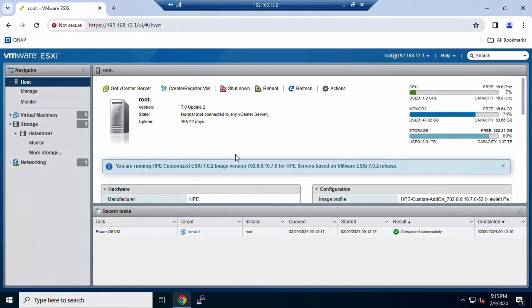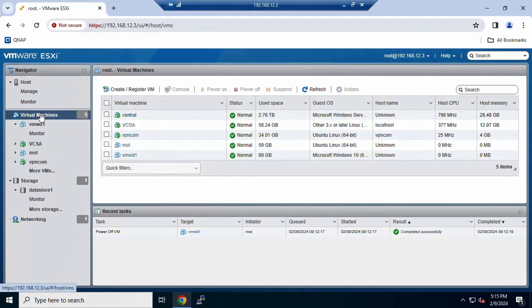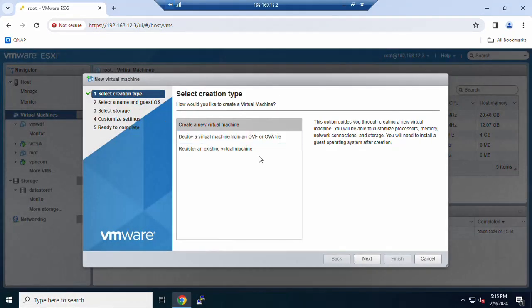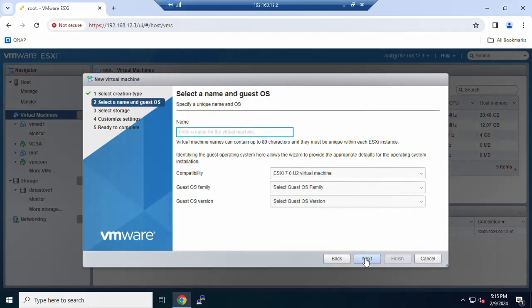So let's start. First step, I am going to create a virtual machine in ESXi server 7. You just click on create or register VM, then click on create new virtual machine, and type the virtual machine name, whatever name you want. Suppose I will type the